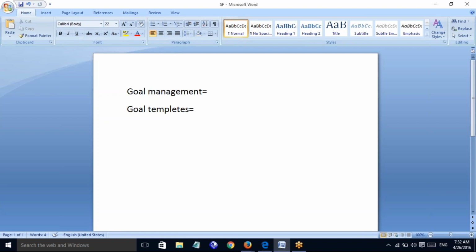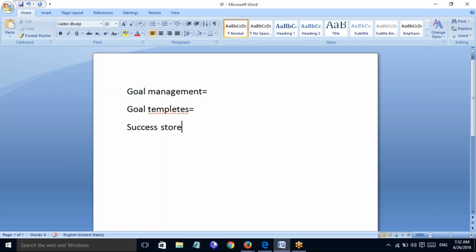So here we will concentrate on how to add a new goal template, and we'll define the fields, what are the general settings, and what are the sections we have in the goal templates and fields as well. So here, if you want to add a new goal template, whenever you start working with the goal templates, the first thing you need to do is add the goal templates from success store,